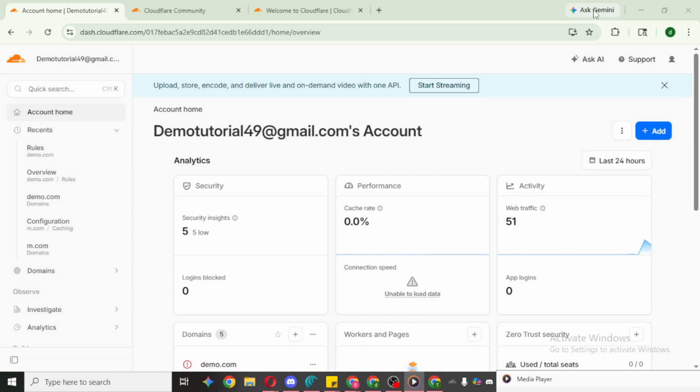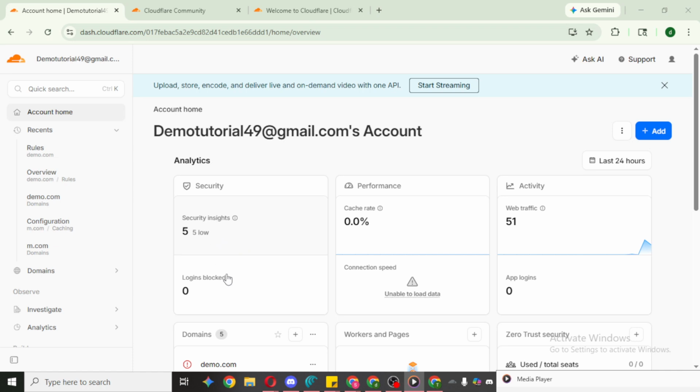First, open your Cloudflare account. Use your preferred browser and head to your Cloudflare dashboard. Once you're in, you'll see the list of domains you manage. If your view looks different, make sure you're on the main websites area where your domains are listed in rows or cards. Next, choose the specific domain you want to favorite.